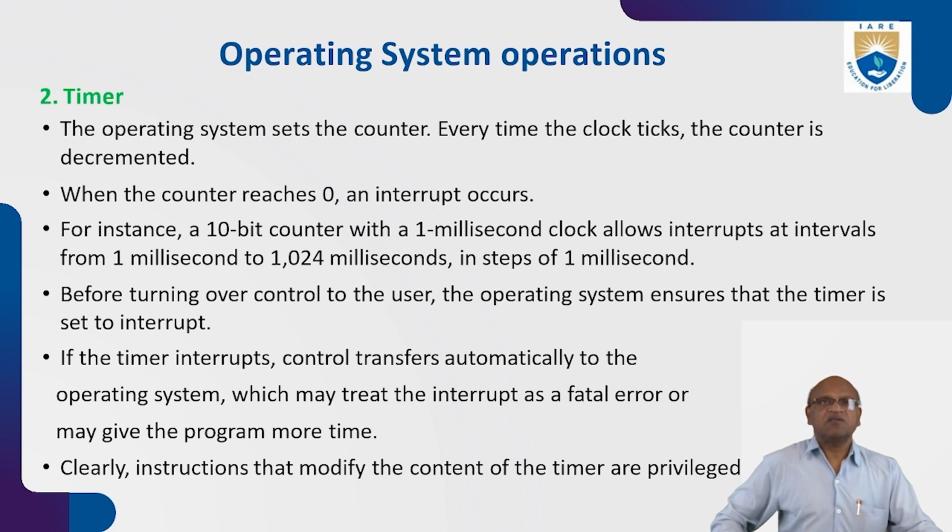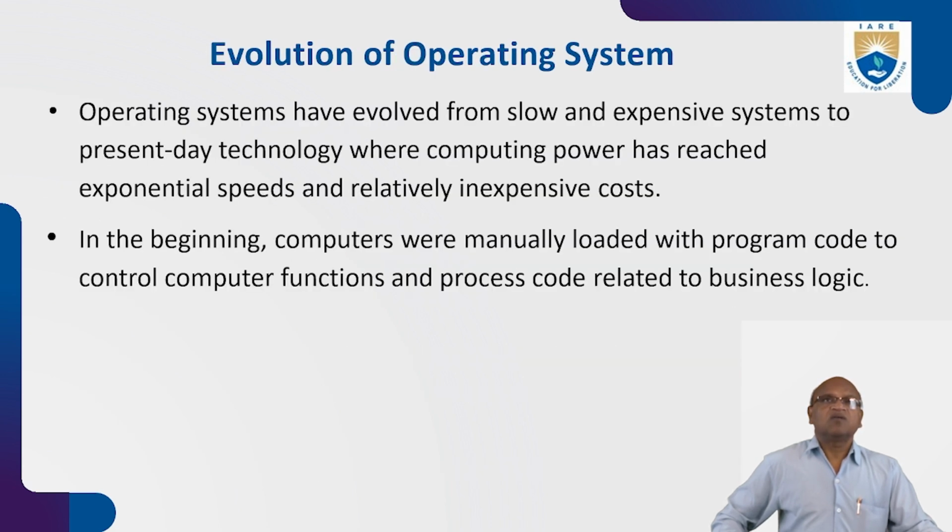If the timer interrupts, control transfers automatically to the operating system, which may treat the interrupt as a fatal error or may give the program more time. Clearly, instructions that modify the content of the timer are privileged. But the most important thing is the trap. Whenever the counter counts down, control automatically changes from one mode to another mode. So we will discuss